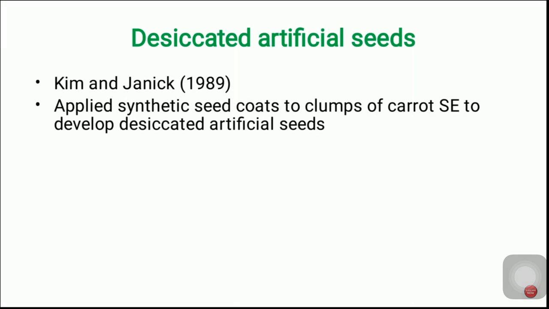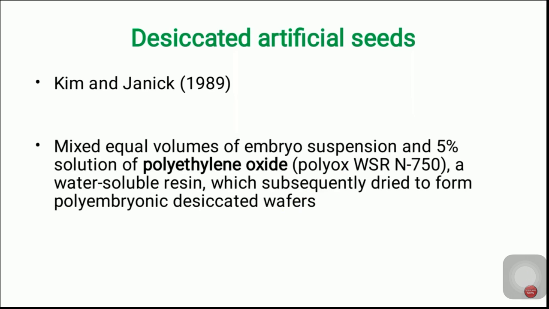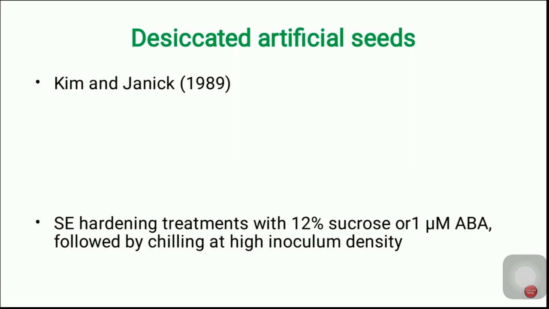Here the synthetic seed coats are applied to clumps of somatic embryos to develop the desiccated artificial seeds. Here an equal volume of embryo suspension and 5% solution of polyethylene oxide, popularly known as polyox, is added. Then it is subsequently dried to form the polyembryonic desiccated vapors. And these vapors are subjected to hardening treatments with 12% sucrose or 1 microliter of abscisic acid, followed by chilling